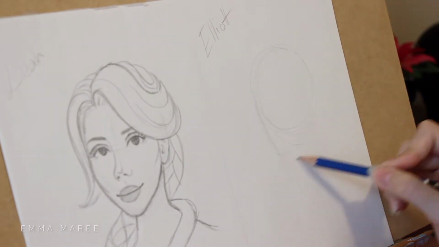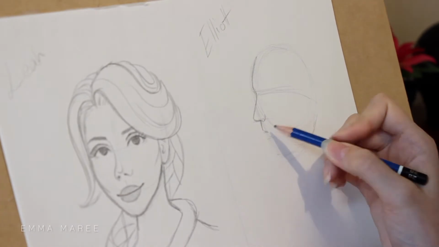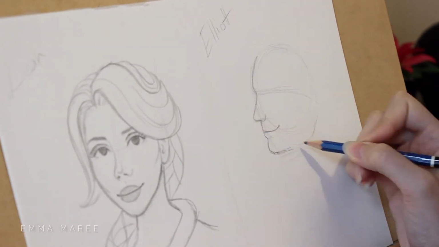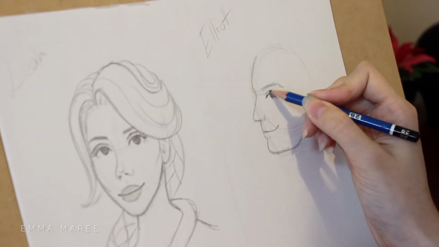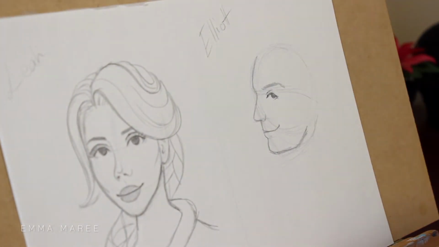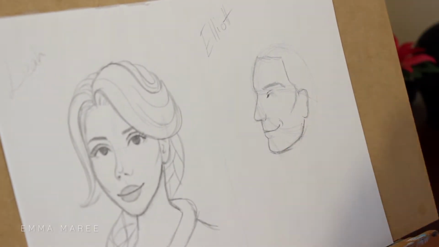So I think I got the ratio right with her. And now I am drawing Elliot. He lives on the beach and I haven't really got to know his character yet. He's got long hair. This was probably one of the more difficult drawings, and I did rely heavily on looking